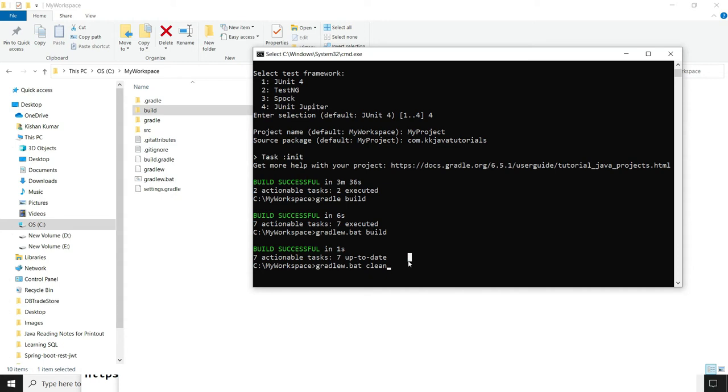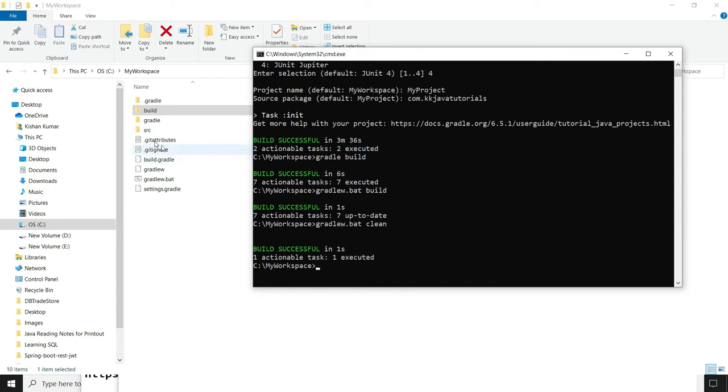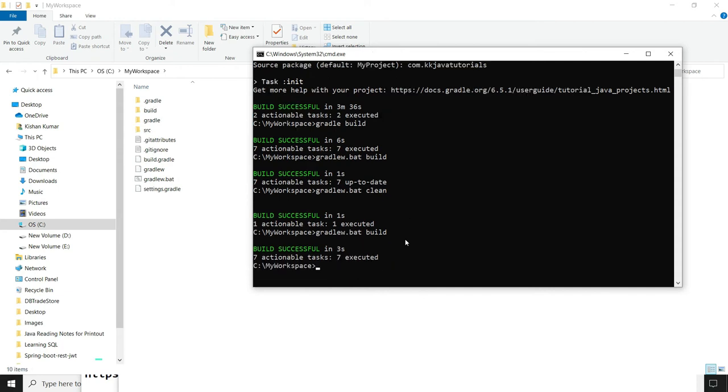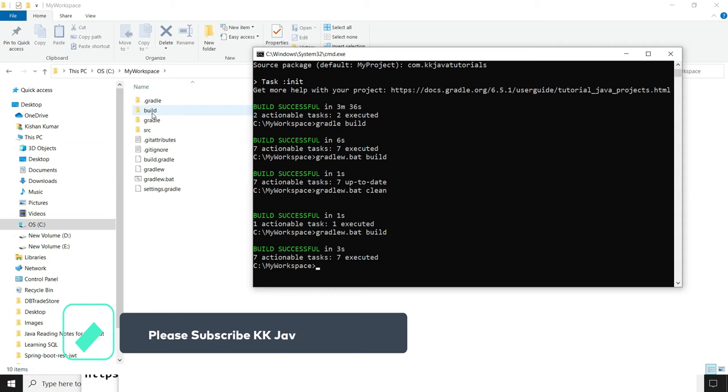So let me press enter, and the command prompt has been hacked. Here you can see clean has deleted the build folder. Now let me run this. I am doing gradlew.bat and executing the build task. For the build task, either you can write the command gradle build, or you can use the batch file, which is for Windows, and there is a gradlew file which is for your Unix operating system, right? I am running this build task, and here you can see the build file has been created again. That's the way we can build our project.